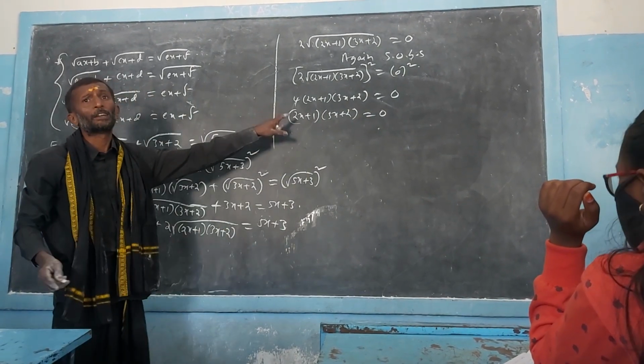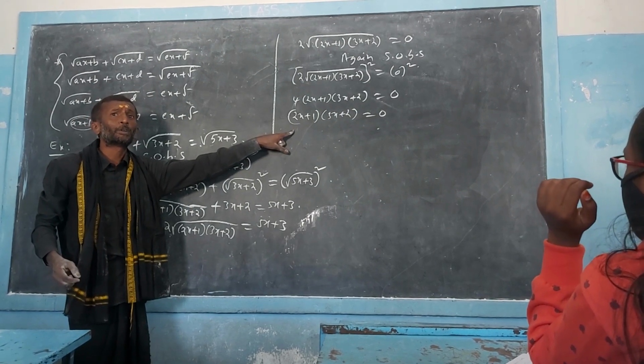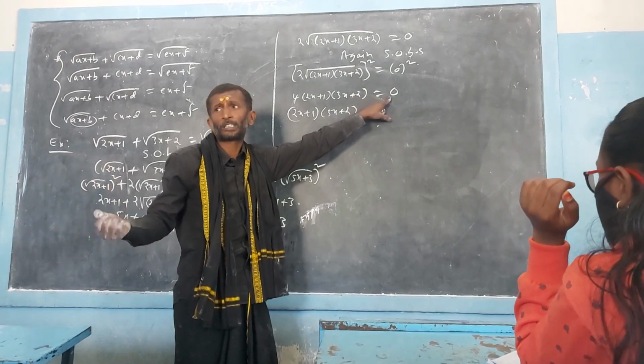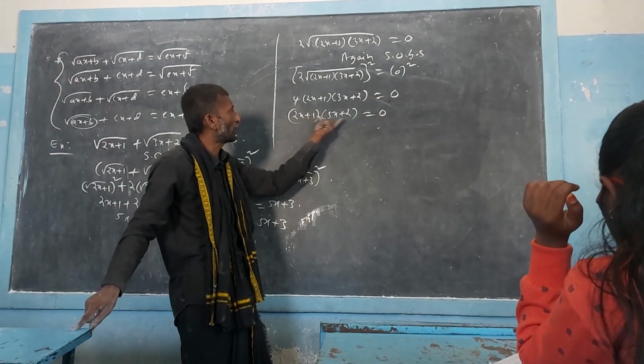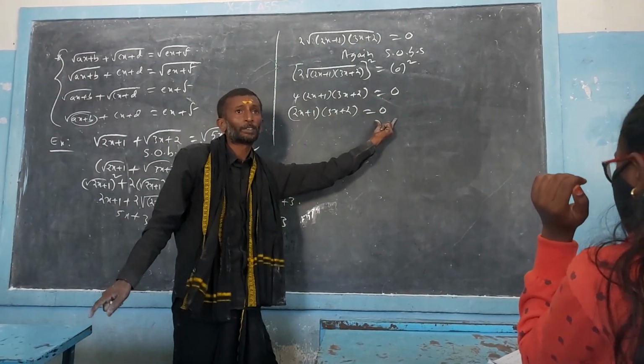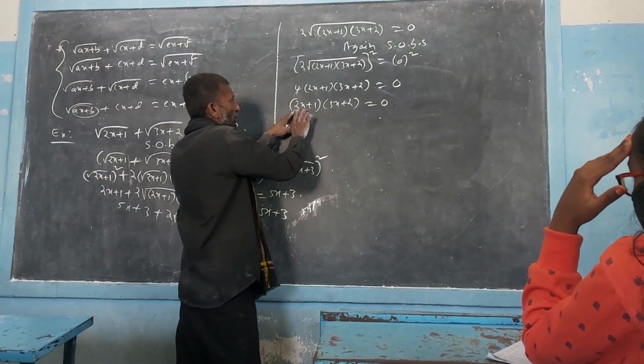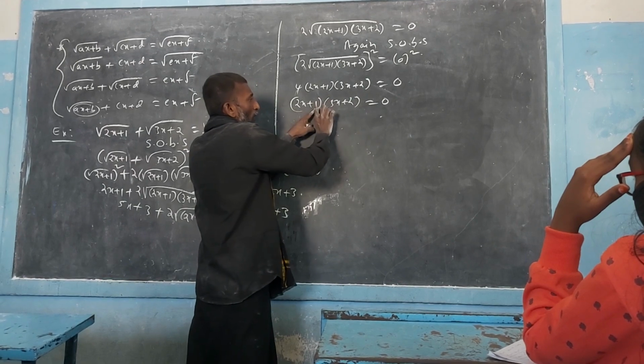So now from here, in some of the problems, what will happen is we will not get the 0 term. If I get the 0, it is very easy to solve this equation. Why? Because we can equate both the real factors separately to 0. Suppose you have any other number, in that case, what do you do? With 2x, you need to multiply both the terms. With 1, multiply both the terms.